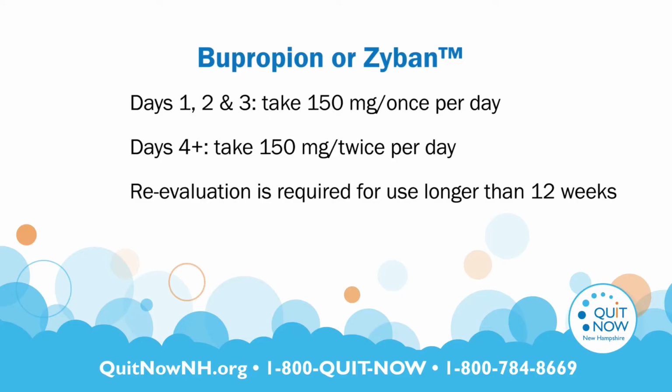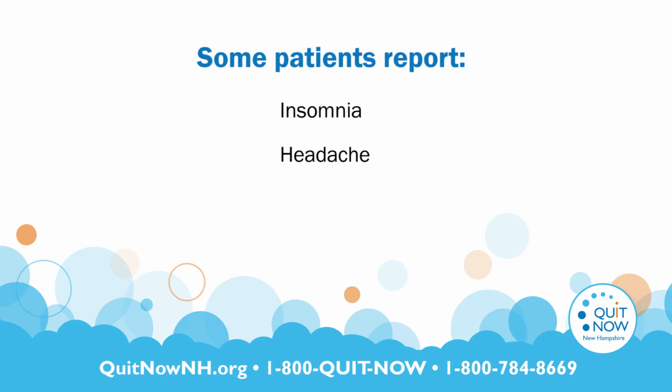Patients should initiate bupropion therapy 1 to 2 weeks before their quit date, starting with 150 milligrams once a day for 3 days, then increasing to 150 milligrams twice a day thereafter. It's important to start the medication before the quit date because steady-state therapeutic levels are reached after about 7 days of therapy. Some patients have reported insomnia, headache, dizziness, or dry mouth, but these problems usually lessen with continued use. Some patients also find that taking the second dose in the late afternoon or early evening may help to decrease